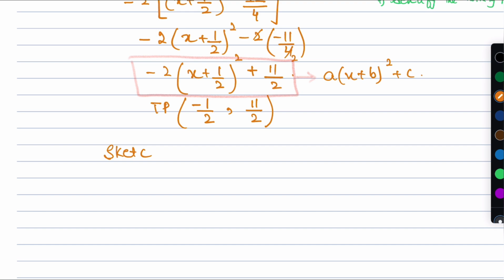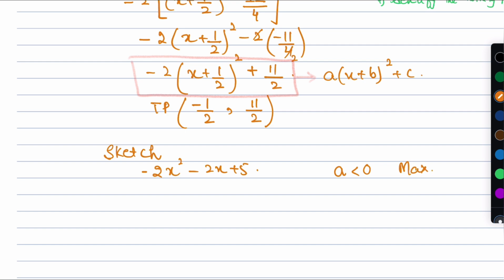So what I see here is that the a value is negative 2. So if this is negative 2, I know that the nature of the curve has to be a maximum. The expression that I initially had was minus 2x squared minus 2x plus 5. I can see here that a is less than 0, therefore the curve has to be of